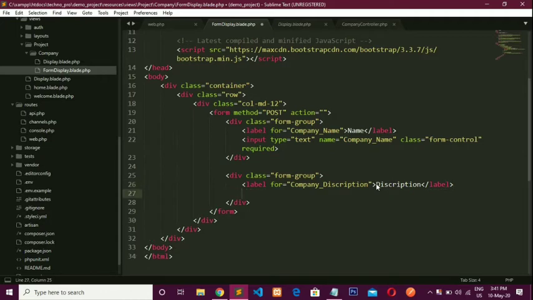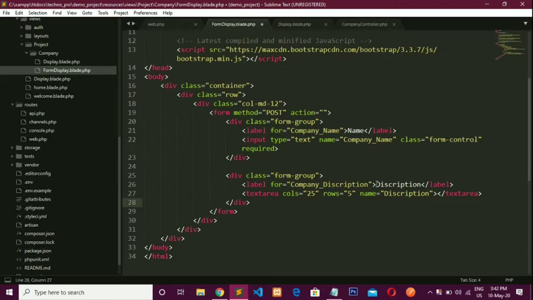Okay, now for writing the description I am using a textarea, in which cols is 25 and rows is 5. Now yes, name is description.